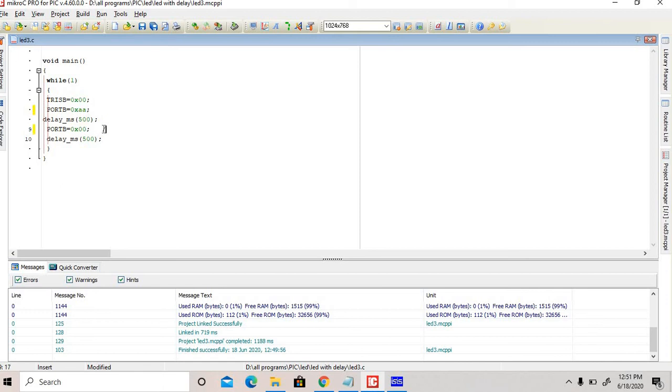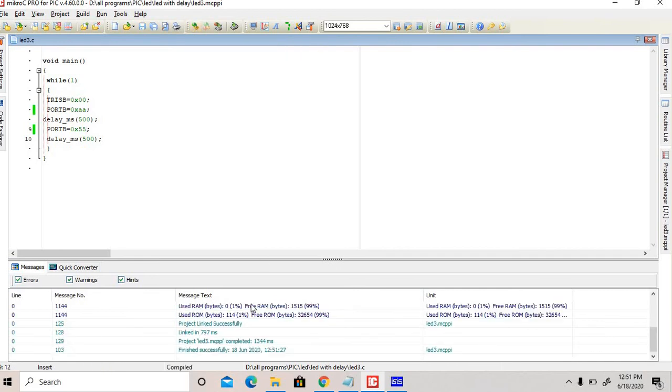In this case, alternate 1 0 1 0 1 0 1 0, means the combination is 0x55. So alternate on off.